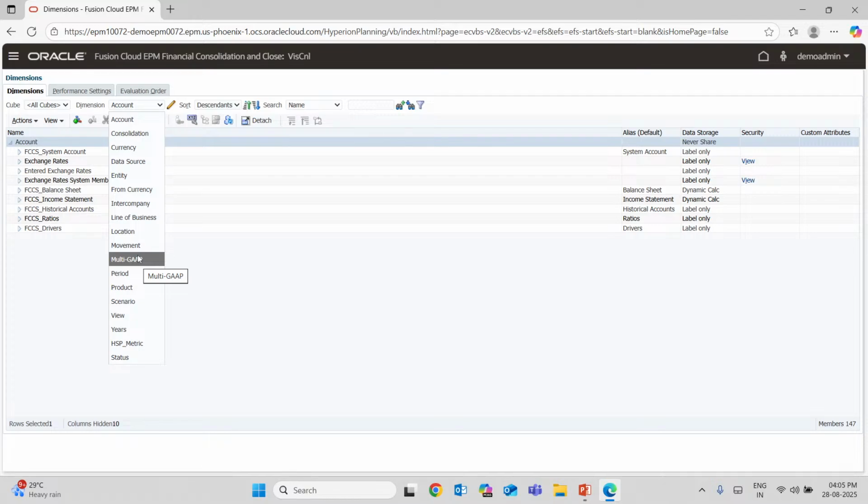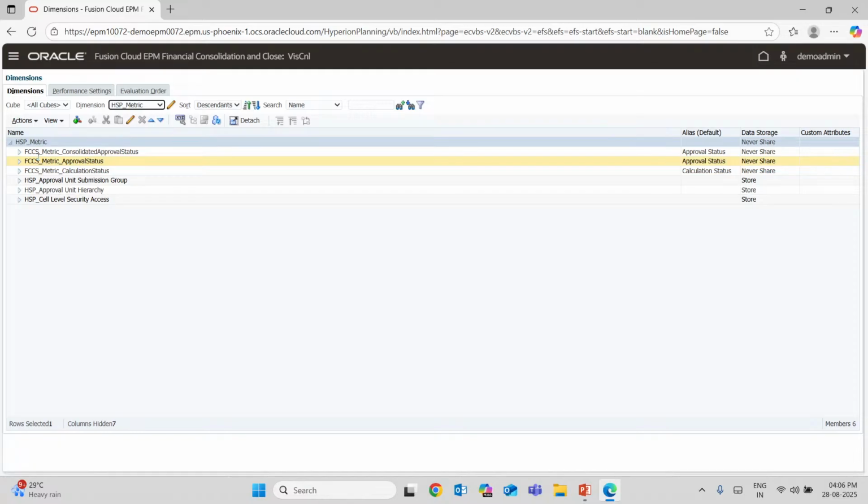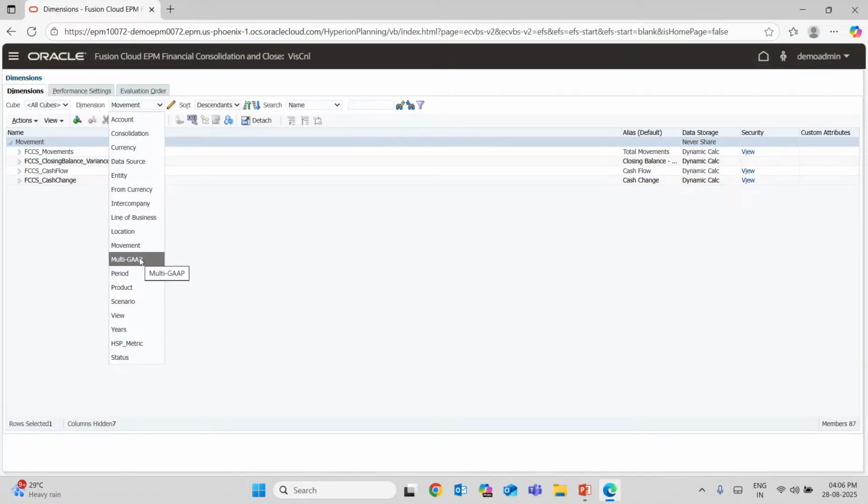So let's close this. If I open, for example, this HSP matrix, these are the matrix as such. These are in the approval status. In the daily course of business we generally do not use these, because this is in approval status. If I talk about the movement, or if I talk about multi-GAAP,